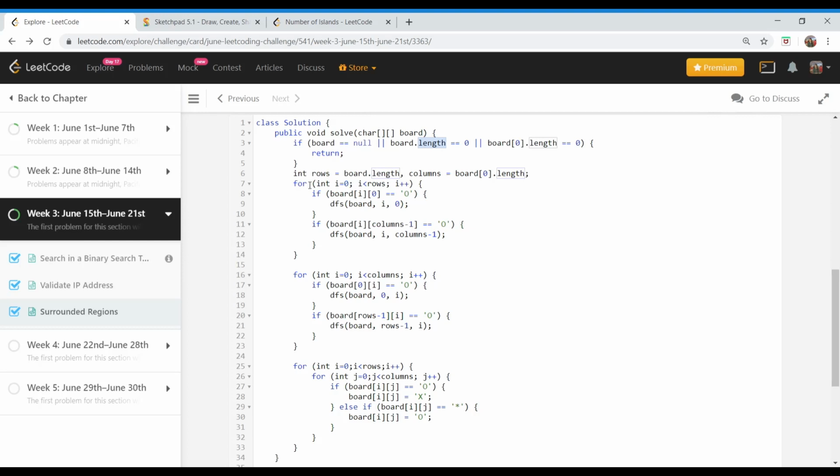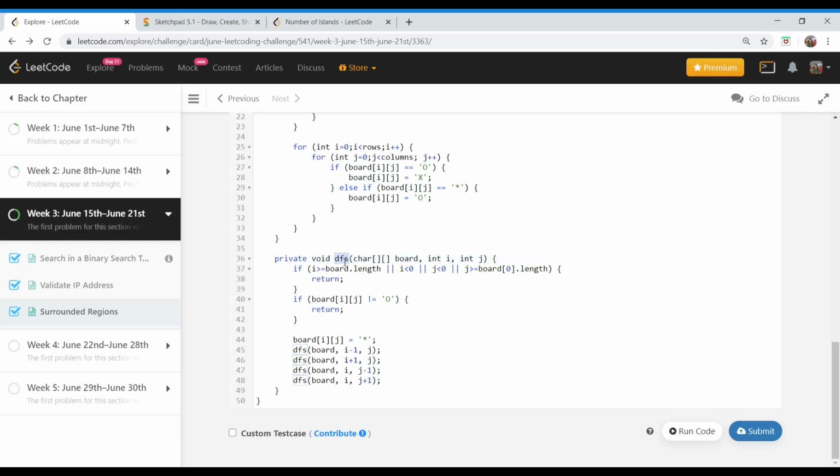Otherwise, we are running a loop for all the rows, checking the zeroth and the last column. If it is O, we are going to change this particular value to special value, and anything surrounding it which is O is also going to be converted to special value. So to do this, we are going to run a DFS on this.